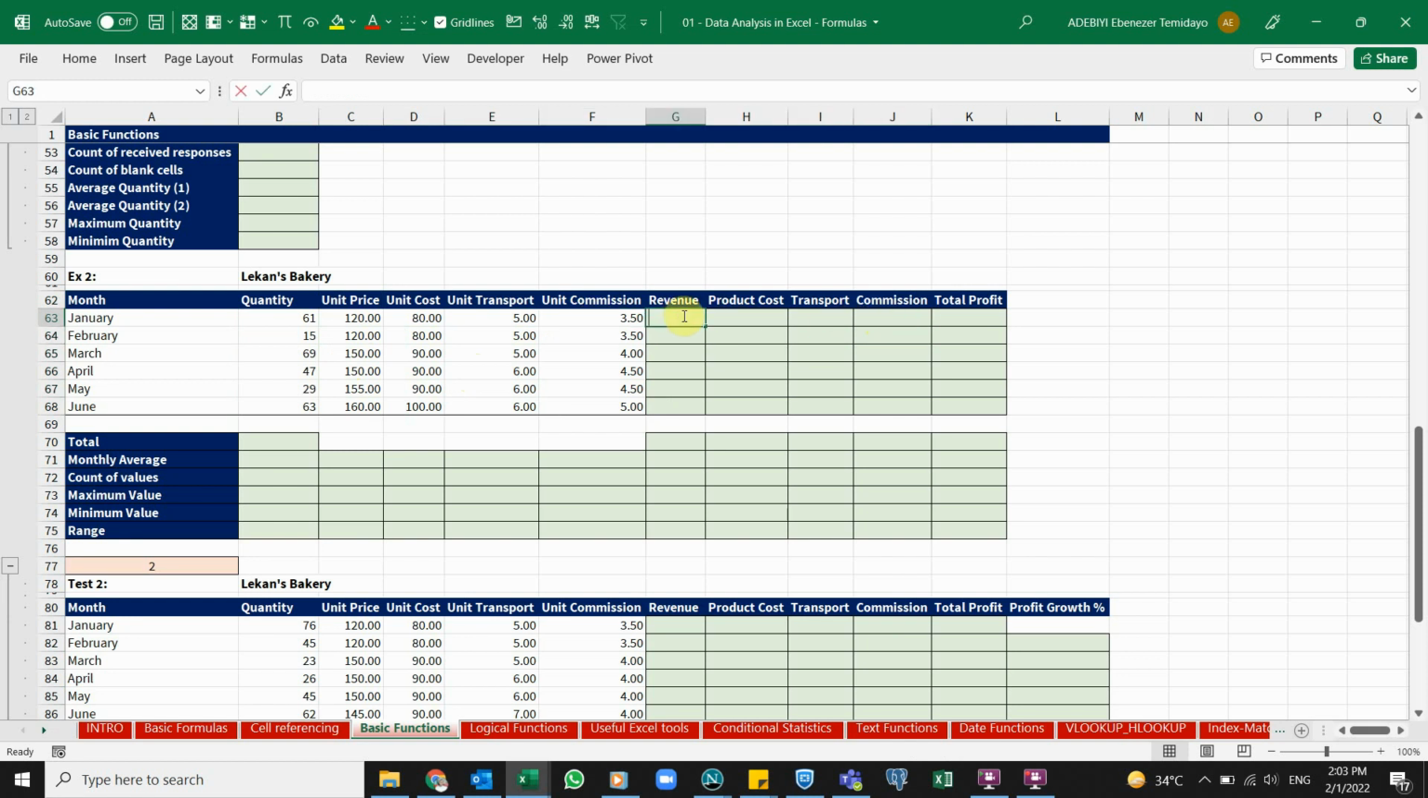So I can say equals this quantity, rather. I'm taking quantity. Revenue is quantity times unit price. So this quantity, if I copy this formula down, I want this to come down. If I copy it across, I want to remain on column B. So I press F4, F4, and F4. So I've locked column B